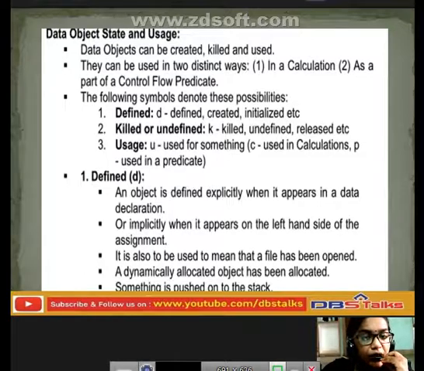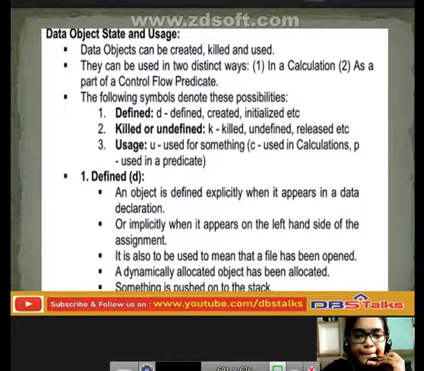If it is killed, undefined or released, we represent it with the symbol k. If we use it for calculations, we use the symbol u. That use is for the calculations and in the predicates.